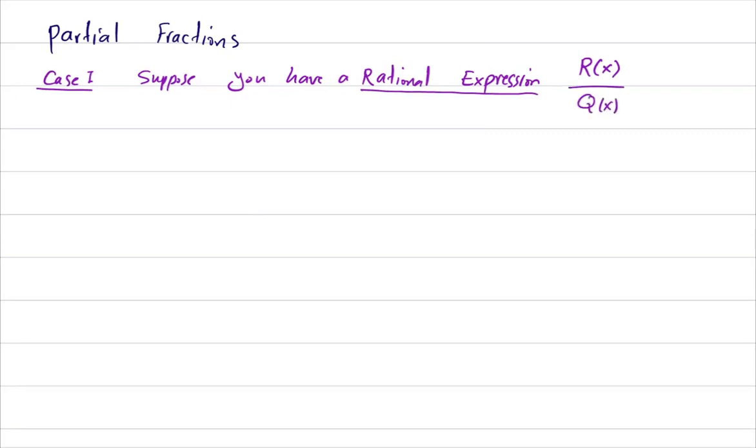Suppose your denominator, which is Q of x, can be written as